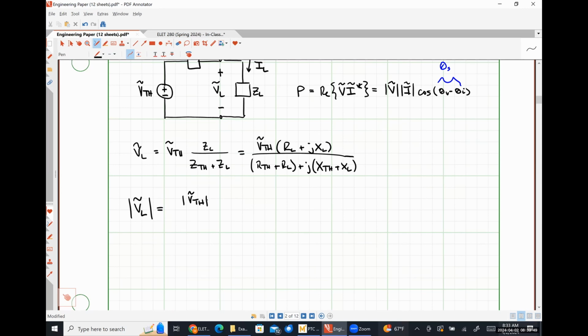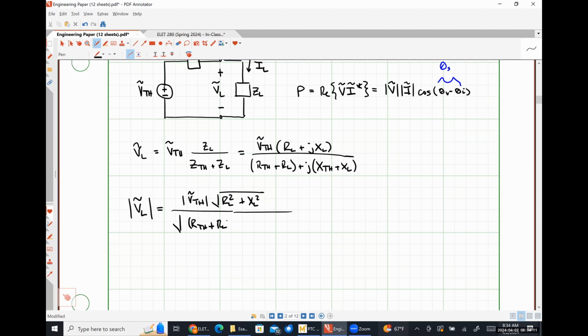The magnitude of RL plus JXL is going to be the square root of RL squared plus XL squared. And now I'm going to divide this by the magnitude of the denominator, which is just going to be